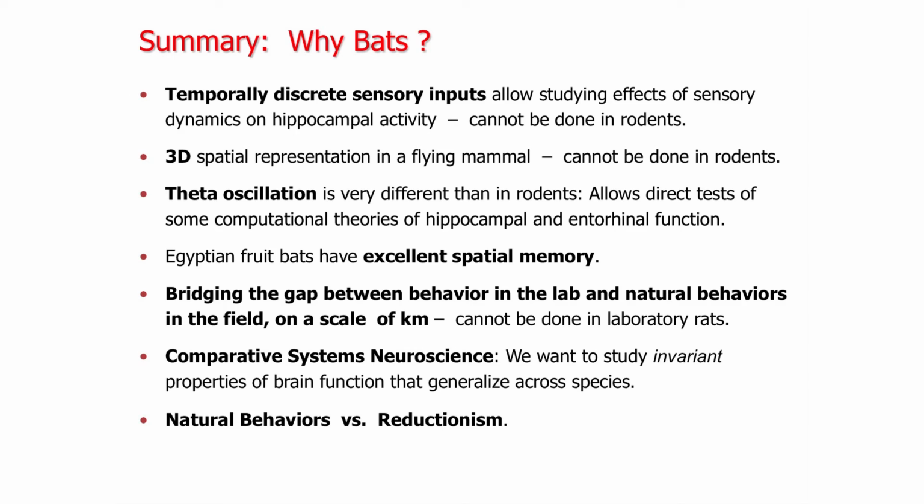We can study 3D. Theta oscillation happens to be different in bats, so this allows us to constrain the spatial theories of hippocampal and neuronal function. They have excellent spatial memory. We'd like to bridge the gap between behavior in the lab and natural behaviors in the field. And the 2 most important points for me: